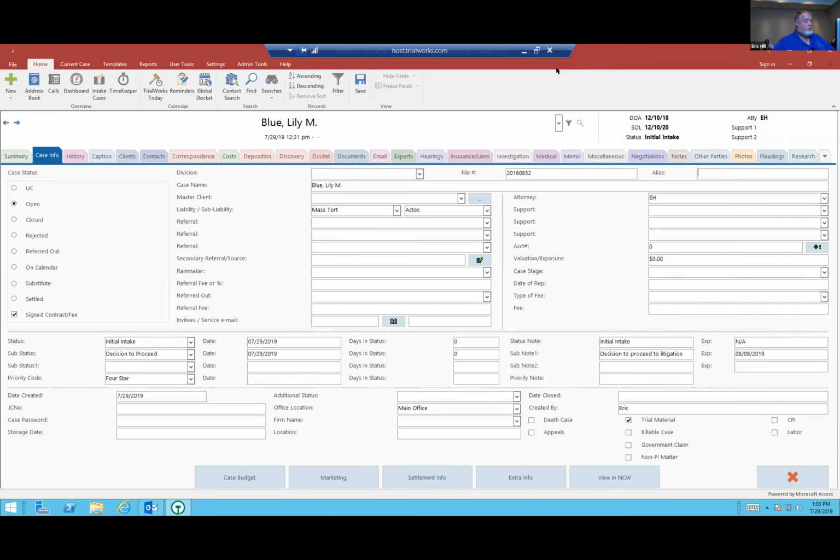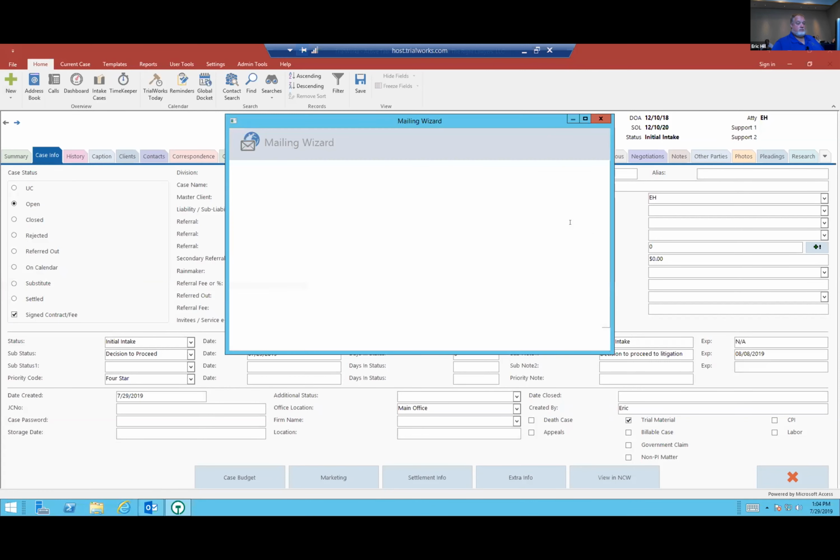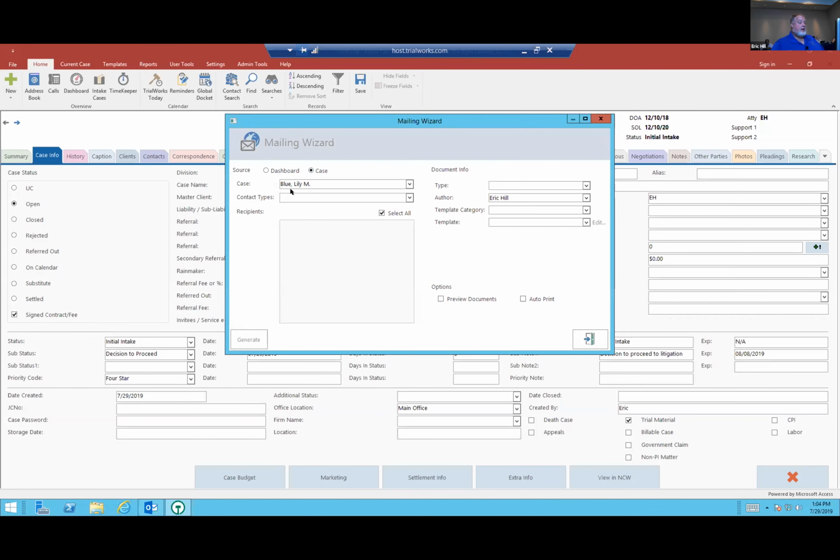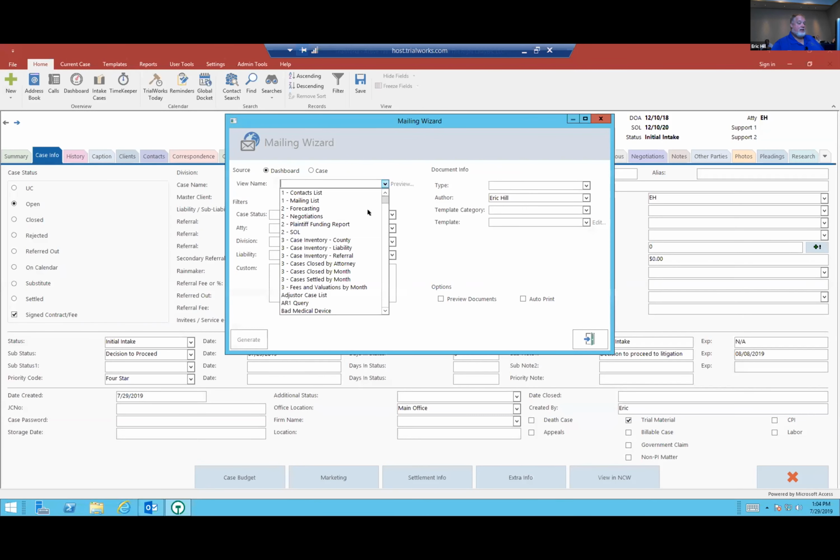So one of the features that we were also talking about is our mailing wizard. A lot of people didn't understand that the mailing wizard is here and available to help. So when you go to new mailing wizard, I can choose a case or a dashboard. So if I choose a dashboard, I can say, I want to see